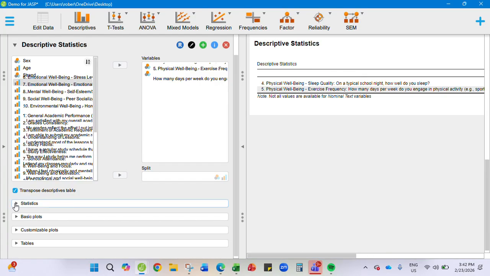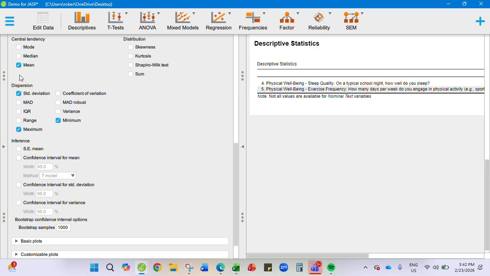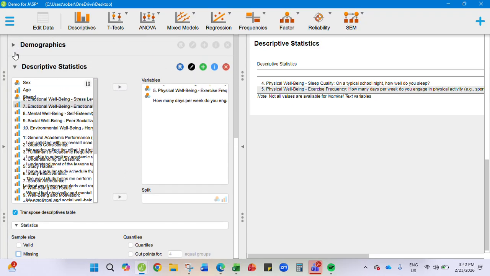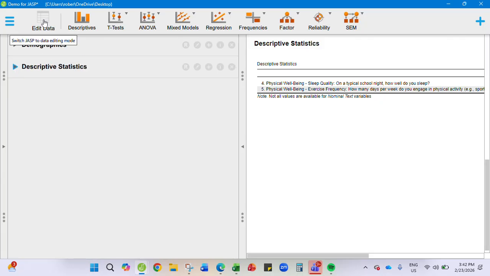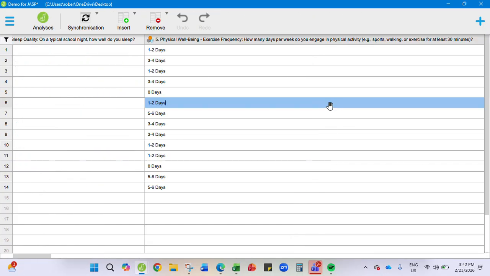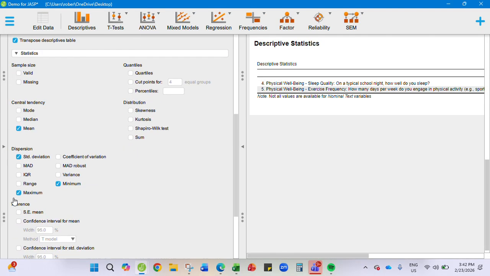Let's look at now your data. So, let me remove now the valid and the missing. There is mean and standard deviation, which is needed. Okay. Now, if that's a problem, let's look at now to edit data. As you can see, this is the well-being. So this is our, what do you call this, nominal data. So I think that will be in the demographic as well.